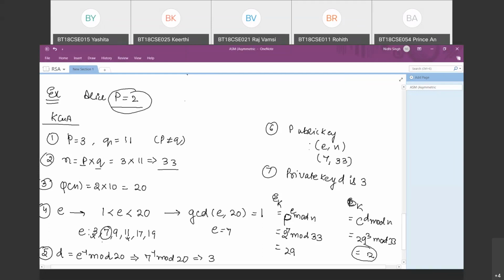Now what if Alice wants to send a text message? Suppose P equal to the message "no". In this case, you have to convert it into the corresponding tabular values that I depicted in symmetric cryptography. So N's corresponding value is 13 and O is 14. So now my P becomes 1314. The text message is converted this way, and you apply the same procedure. So that is about the RSA crypto system.